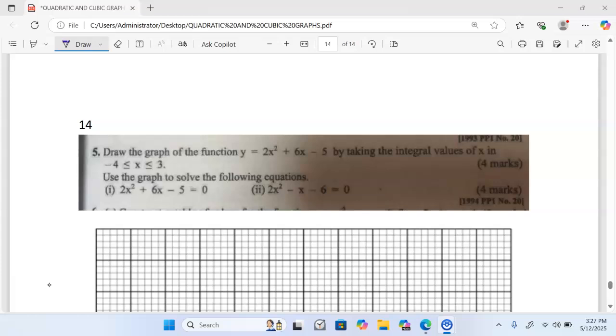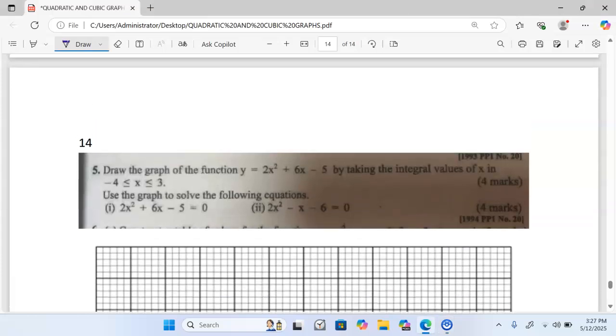The first thing I usually do is start by looking at the turning points of the curve so that we can know exactly where that particular curve is going to turn. In this case, the function is y = 2x² + 6x − 5, and we know that at the turning point of any curve,